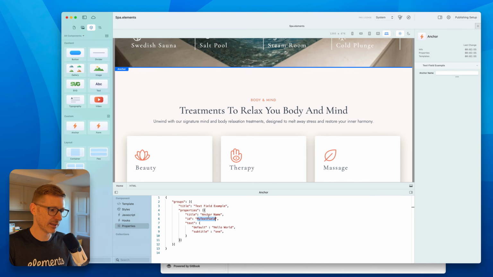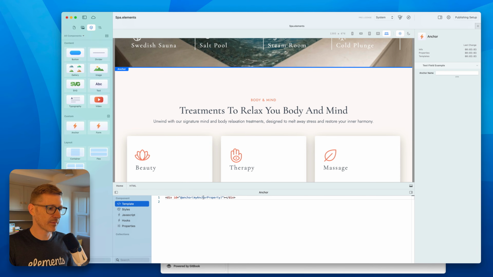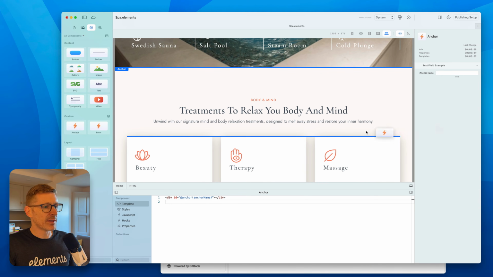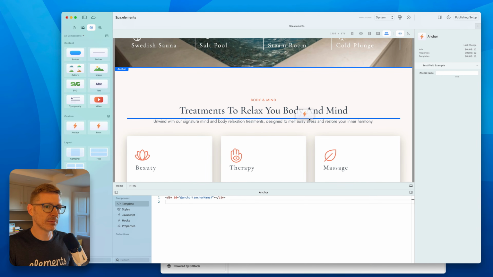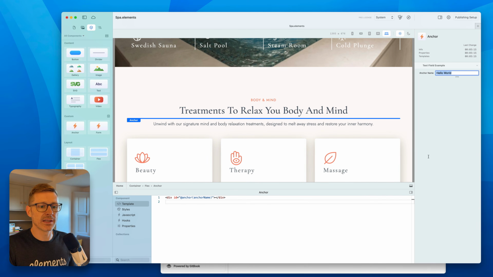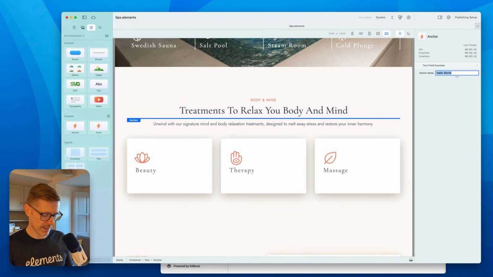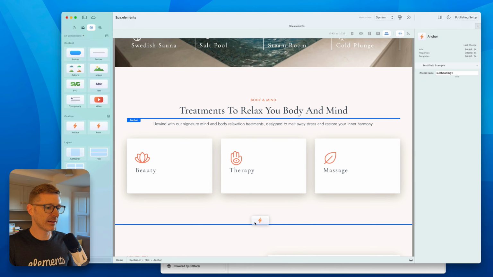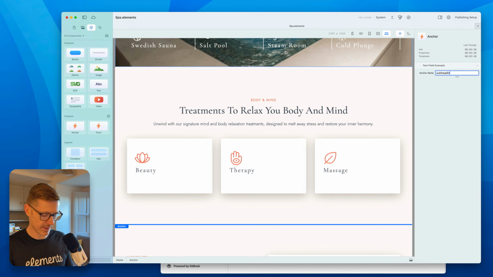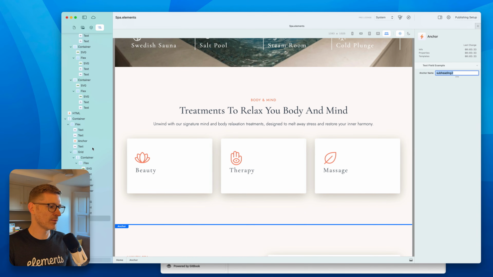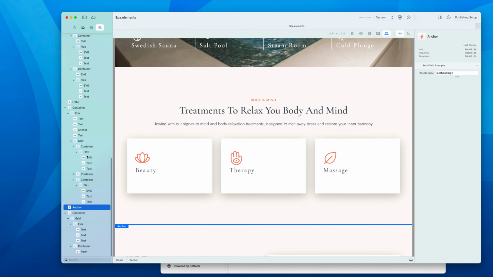You can see that changing there. And let's just call this anchor name. That's the ID. So we'll copy this and paste this into here. And now when we drop this anchor onto the page, you can see it gives us a default and we can rename it. So let's call this just subheading 1. And if I drop another component down here, you can see we can name this, and let's call this subheading 2. And let's go to our Node browser, and then you can see in the hierarchy I've got these anchors,